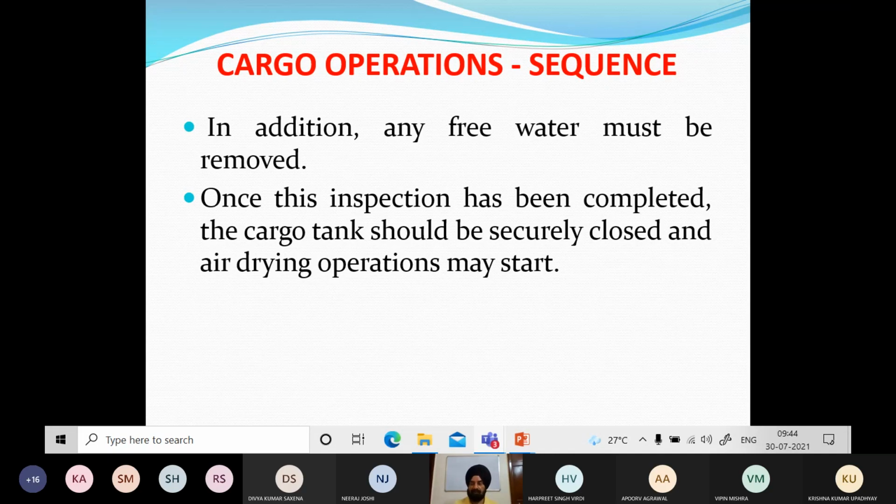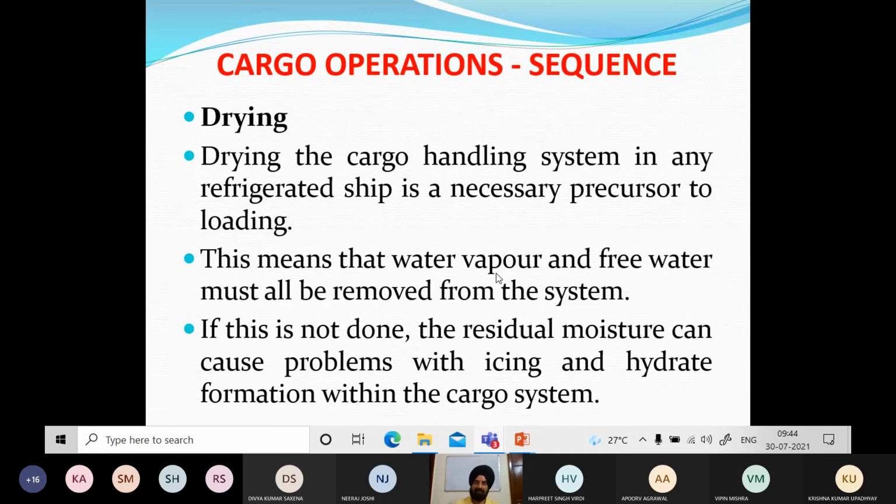बिकॉज हमने देखा अब मैं ठंडा कार्गो लोड करूंगा तो जो अंदर पानी है वो भी आइस बन जाएगा, एंड आइस बना व्हाट वी कॉल इज अ हाइड्रेट फॉर्मेशन, तो डेंजरस है पंप्स के लिए। एंड वंस दिस इंस्पेक्शन हैज बीन कंप्लीटेड, द कार्गो टैंक शुड बी सिक्योरली क्लोज्ड, एयर ड्राइंग ऑपरेशन स्टार्ट। उसको सबसे पहले आपने ड्राइंग करना है। तो ड्राइंग द कार्गो हैंडलिंग सिस्टम इन एनी रेफ्रिजरेटेड शिप इज नेसेसरी प्रायर टू लोडिंग।